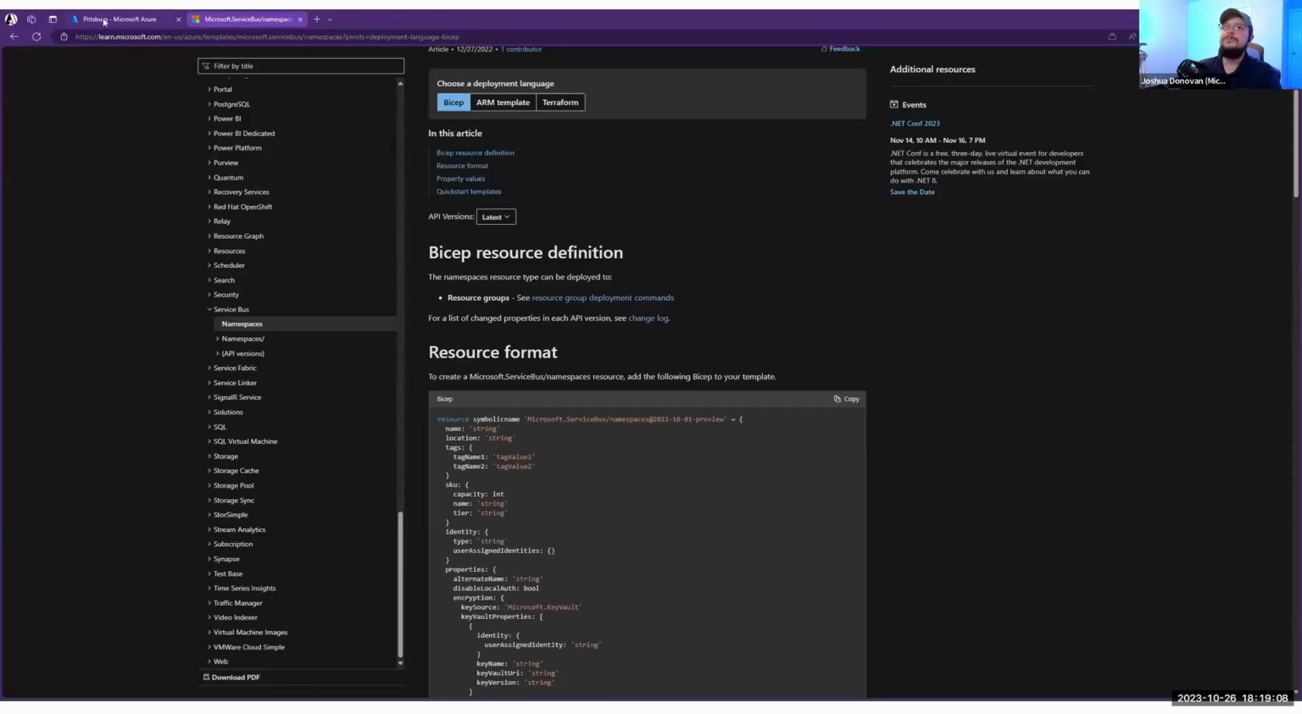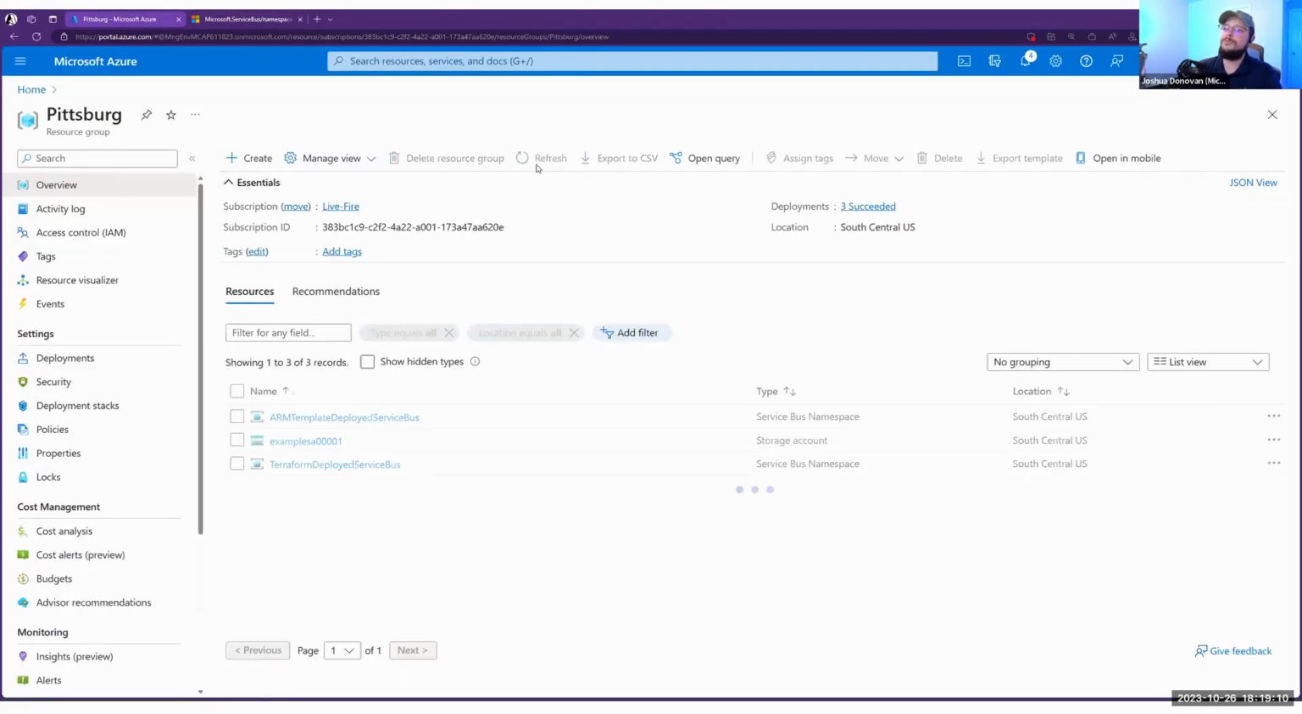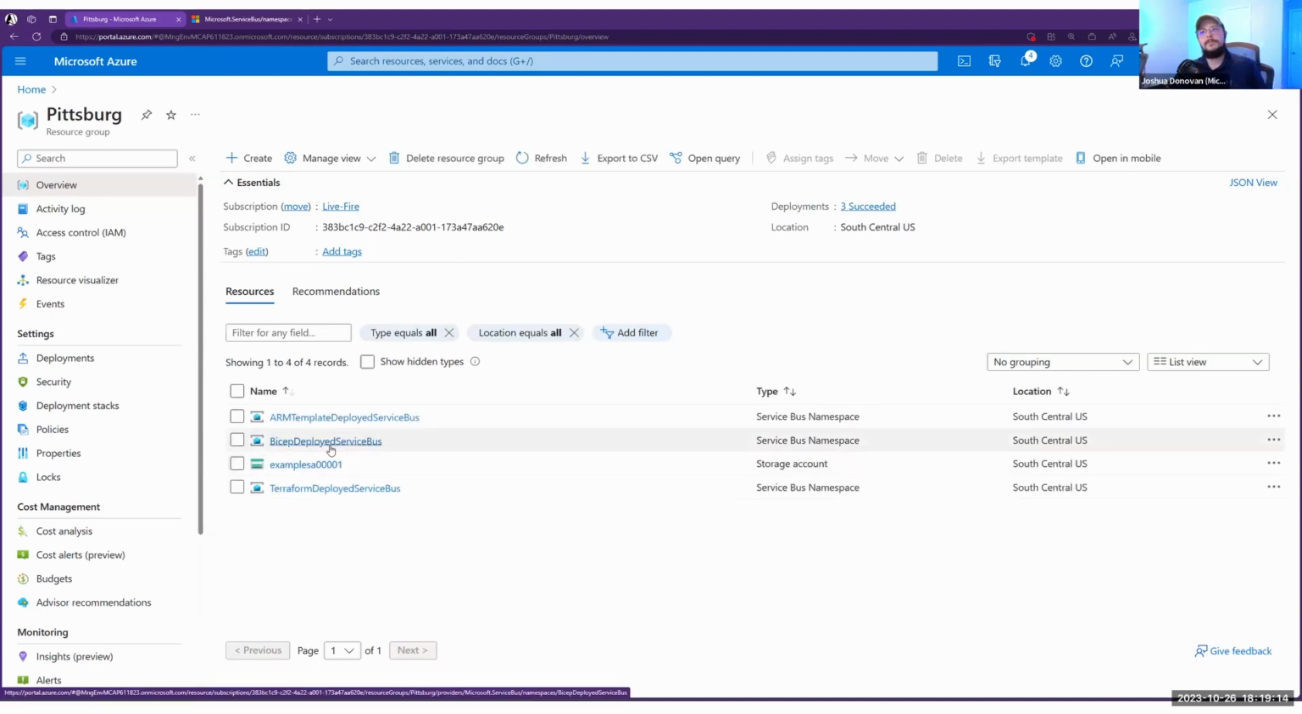We look into our Azure resource group and we refresh, we should see our Bicep deployed service bus. So that is a very, very top level look into Bicep. Bicep actually gets really cool when you dig into it. So I would really recommend, there are some great